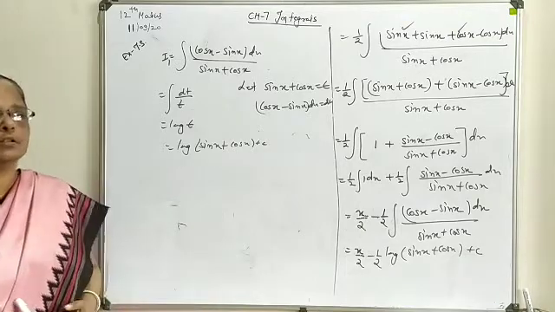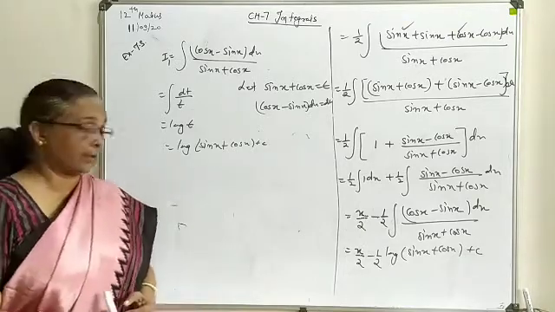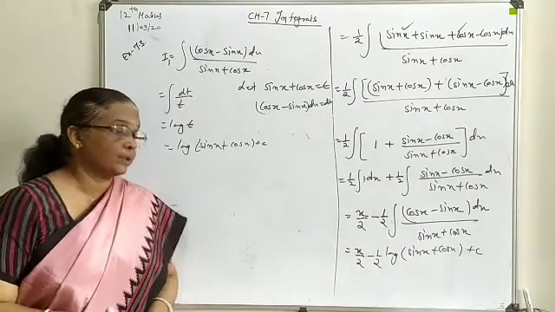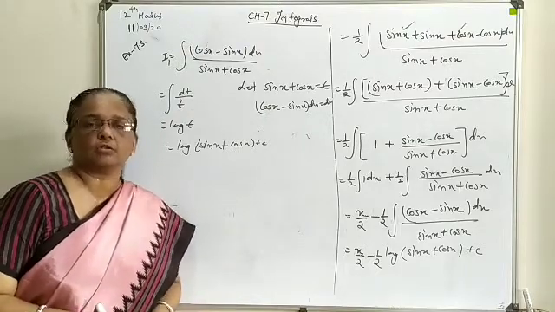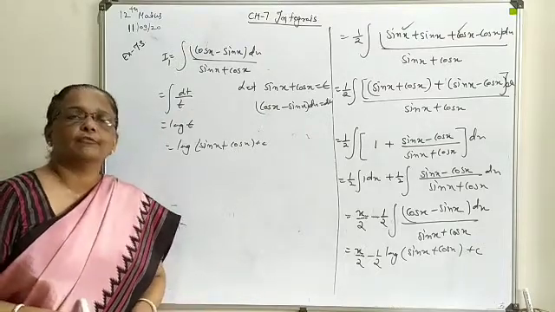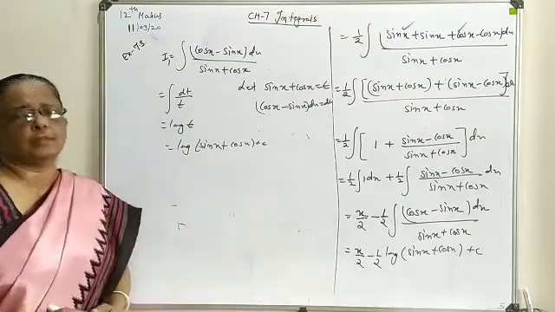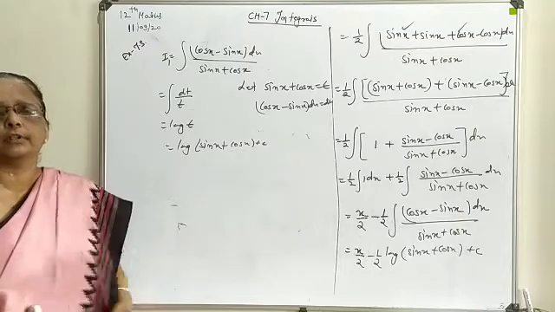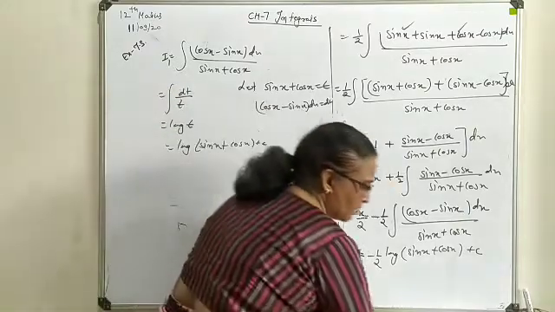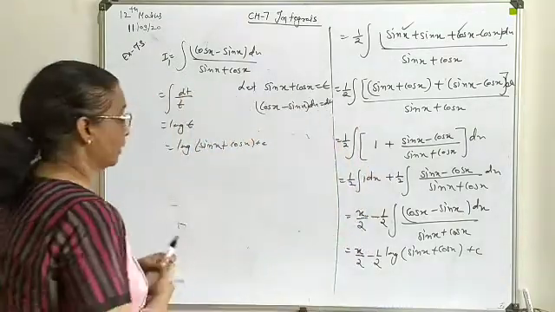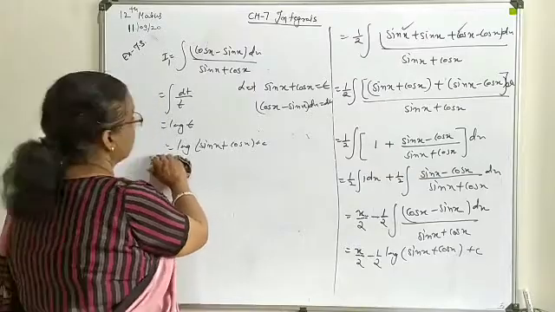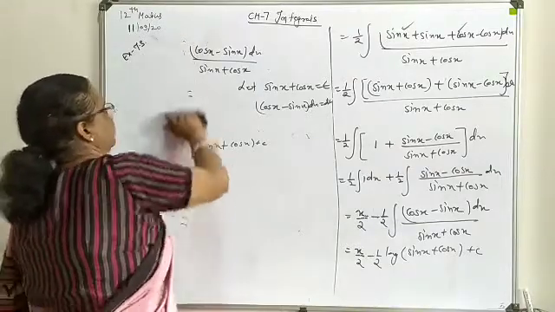In the next question also the same type of combination you will generate. In the next question, in place of cot you have tangent, so that tangent you convert in the form of sine and cos, take the LCM, and almost the same type of combination you will generate for further integration. So let's move to the next important form, that is question number 34.